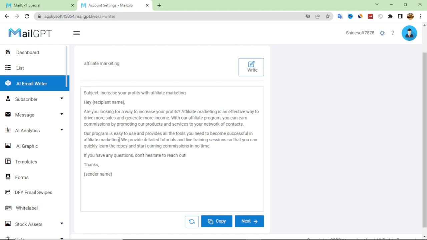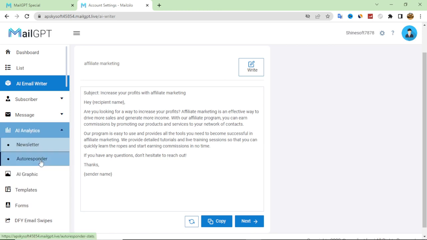You will get an email copy for you, and after that you can analyze your newsletter and also use the autoresponder. You can also create an automation through this software. So it is actually a high quality software that will allow you to do a lot of things, and I will show you now the full demo, and after the demo I will discuss with you how you can use it